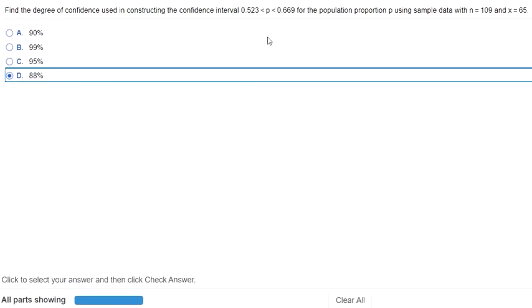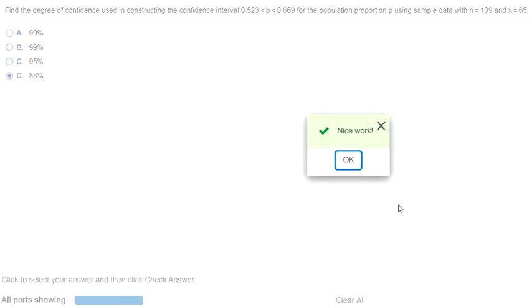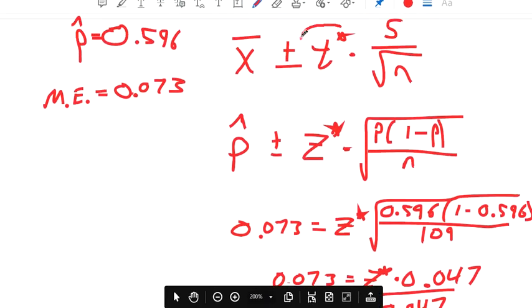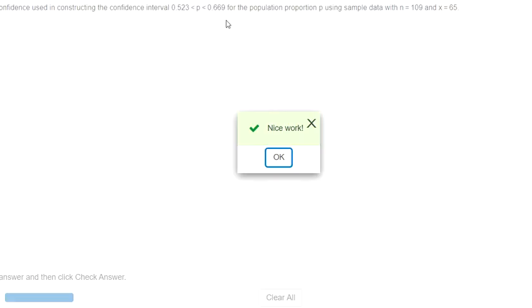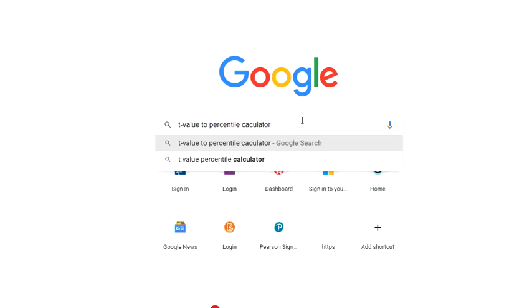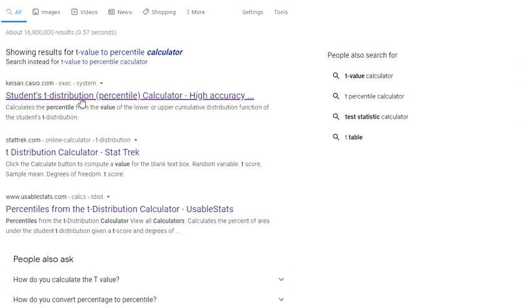I think these are randomized, so you might not get the same exact question, but if you're working on the one with the sample mean, you're doing the same type of thing. You want to set that margin of error equal to the formula for the margin of error, and then solve it like an equation for t. And then to get the t value that you need, you could search in Google t value to percentile calculator. And then this one's good right here. Just remember, degrees of freedom is